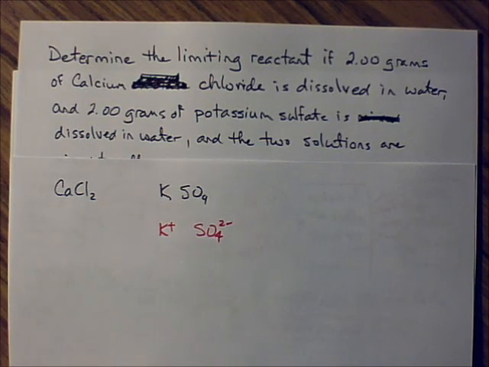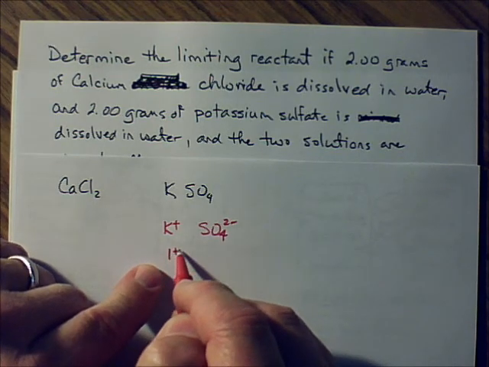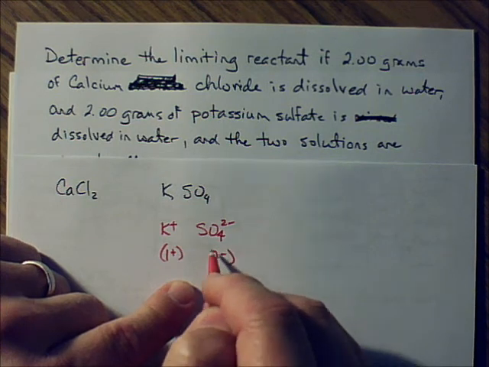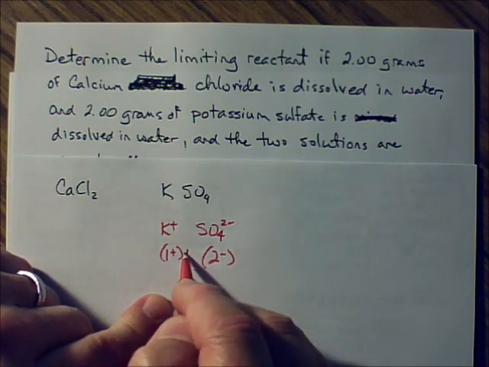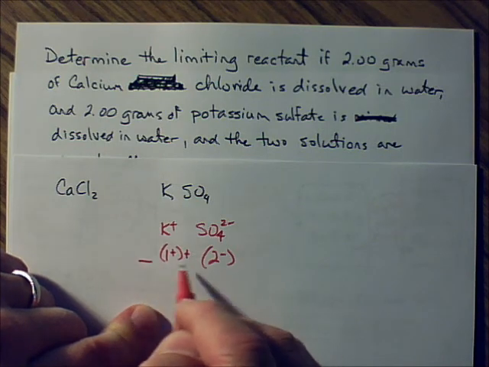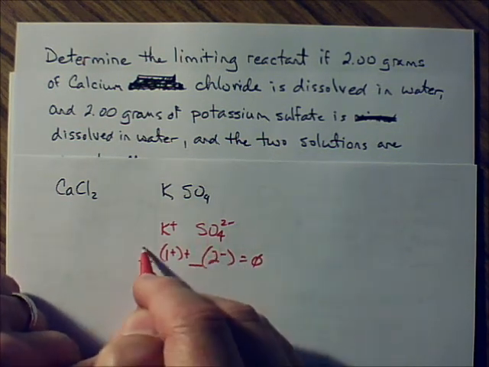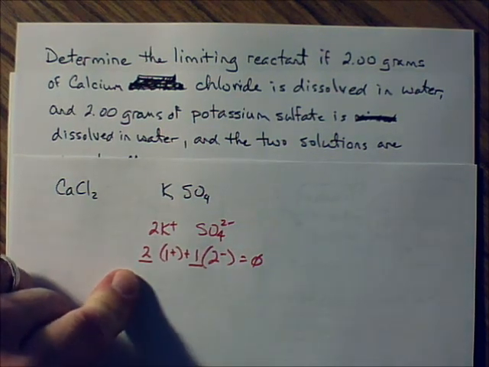Alright, so we're trying to balance this formula. Since we have a 1 plus charged ion here and a 2 negative charged ion here, we need to be able to put them together, add them together in a way with coefficients in front of those so we can get a 0. So we need 2 of these, 1 of these,